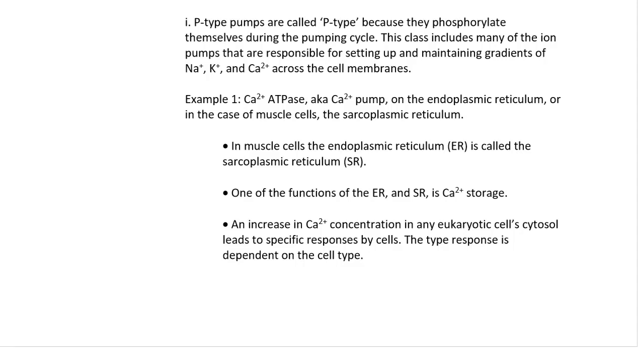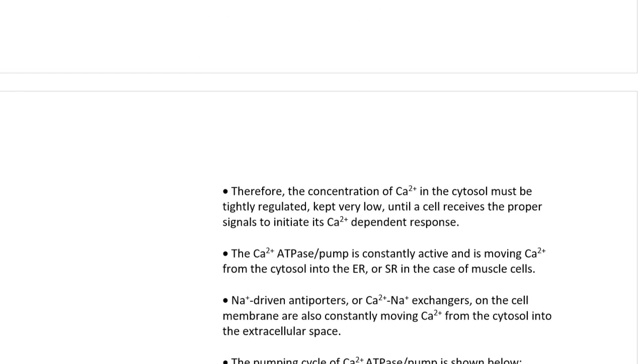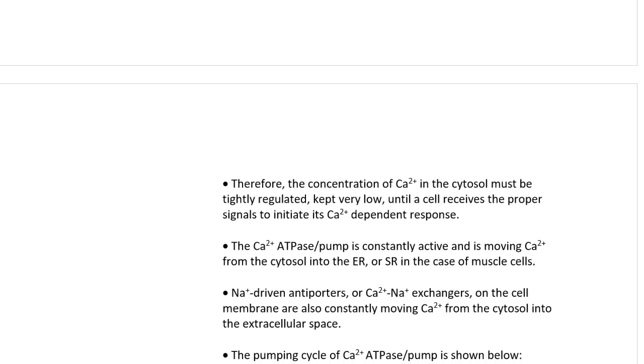An increase in calcium concentration in any eukaryotic cell cytosol leads to specific responses by cells. The type of response is dependent on the cell type. Therefore, the concentration of calcium in the cytosol must be tightly regulated, kept very low, until a cell receives the proper signal to initiate calcium-dependent responses. The calcium ATPase pump is constantly active and is moving calcium from the cytosol into the ER, or SR in the case of muscle cells. Sodium-driven antiporters or calcium-sodium exchangers on the cell membrane are also constantly moving calcium from the cytosol into the extracellular